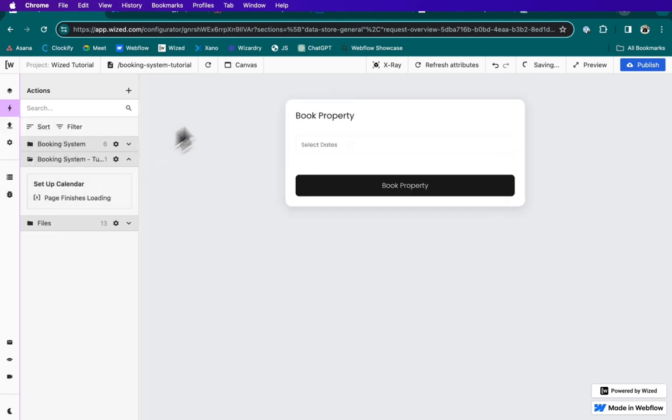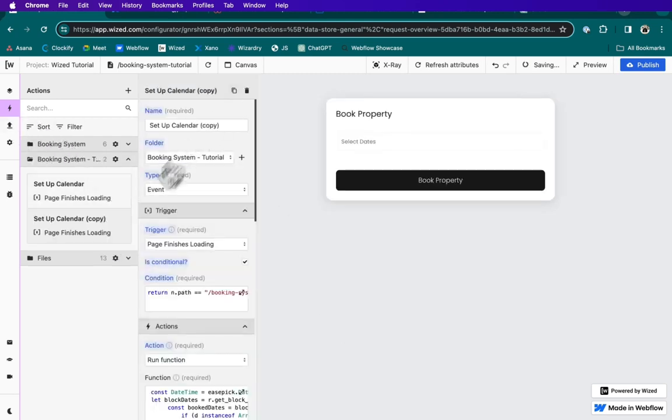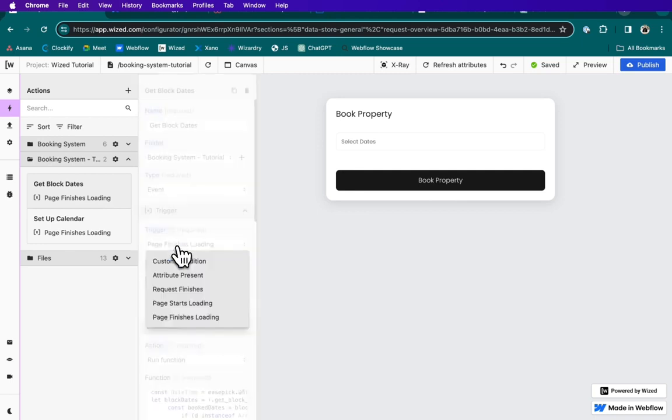So obviously we need to. This is pretty cool, you know. I want to build live. This is something I would love to do. So just going to call it trigger, or just call it get block dates. By the way, in the name of the actions, you can use uppercase letters, spaces. That's fine. Event, and now we can just do, instead of page finish loading, we can do